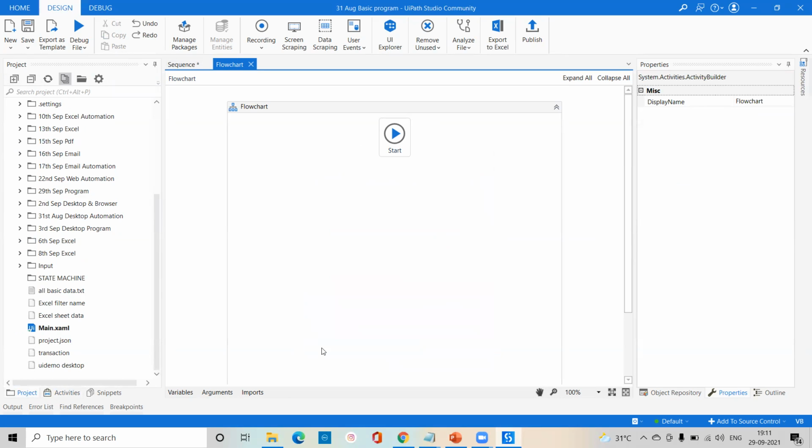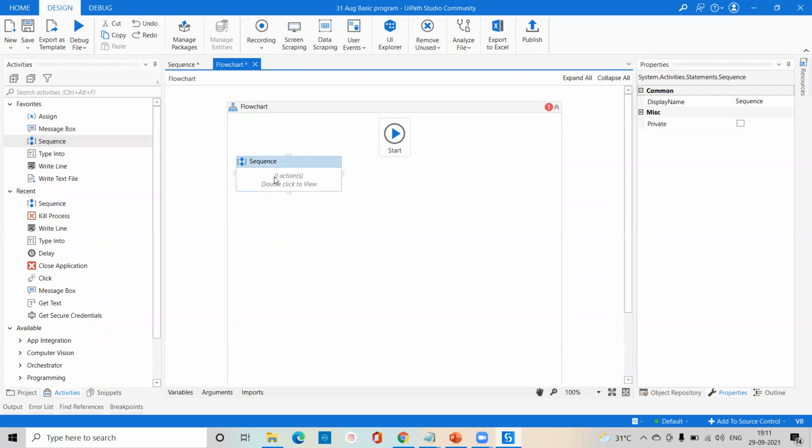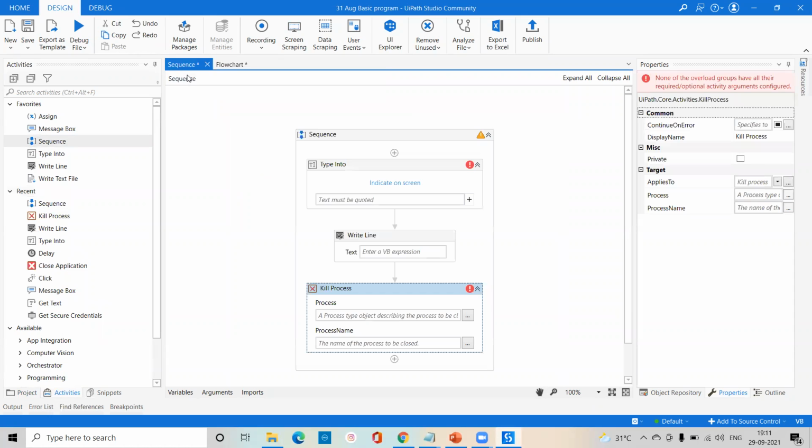The second thing, you can see here we have a broad room. Broad room means here we can take multiple activities. At a time, whatever activity you want to automate, you can connect to the Start and start your automation. But whatever activity is not connected will not work. That does not happen in your sequence, where whatever activity you have kept starts working.